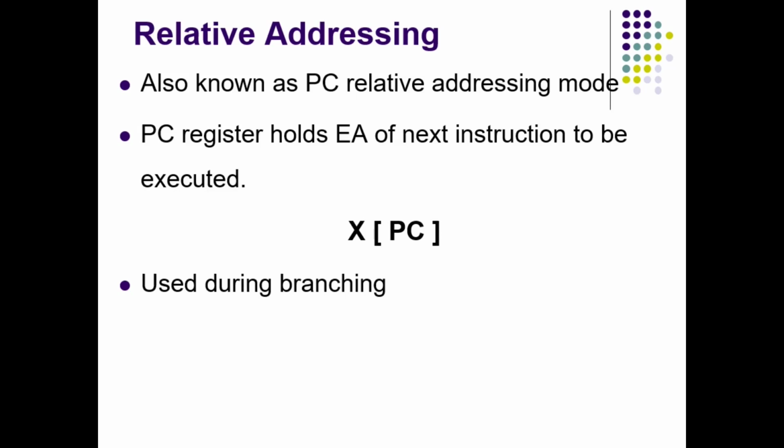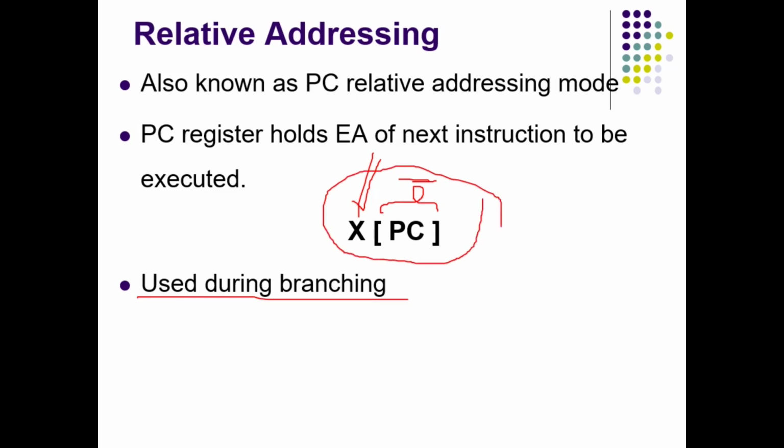Now PC relative addressing mode, or relative addressing mode, is nothing but adding a constant value to the PC content. What is the PC content? PC content is nothing but the address of the next instruction to be executed. When we add a particular value or a constant number to that PC content, PC will point further to other instructions. So this relative address mode is actually used in branching. So let us see what PC relative addressing mode is and how we use it in branching.